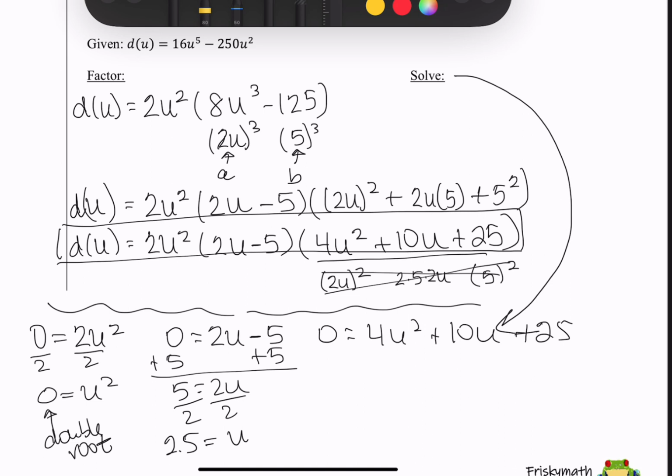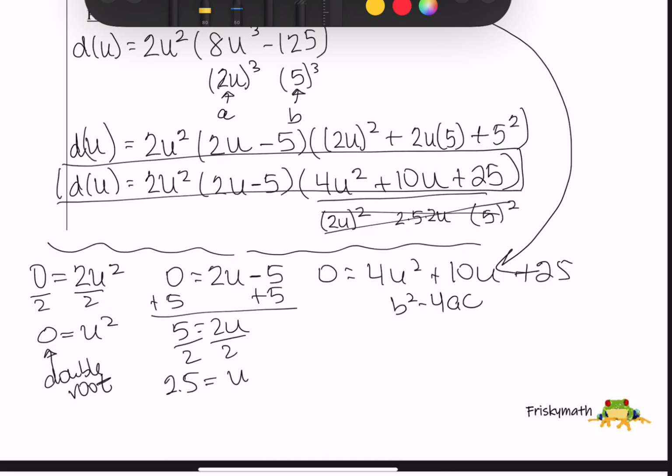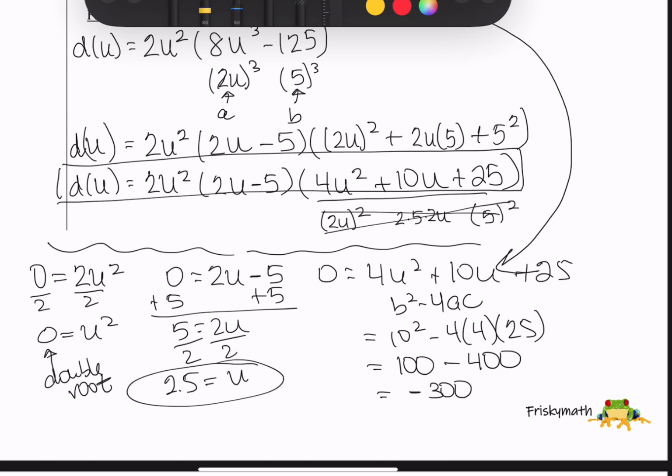Oh, and then I don't know about this one. Let's see, is there any real roots here? So that's going to equal 10 squared minus 4 times 4 times 25. Well, once again, I think this is 400, negative 400. So that's a negative 300. So we don't have any real solutions tied to this trinomial. So my only real solutions are going to be u equals 2.5 and u squared equals 0, which is a